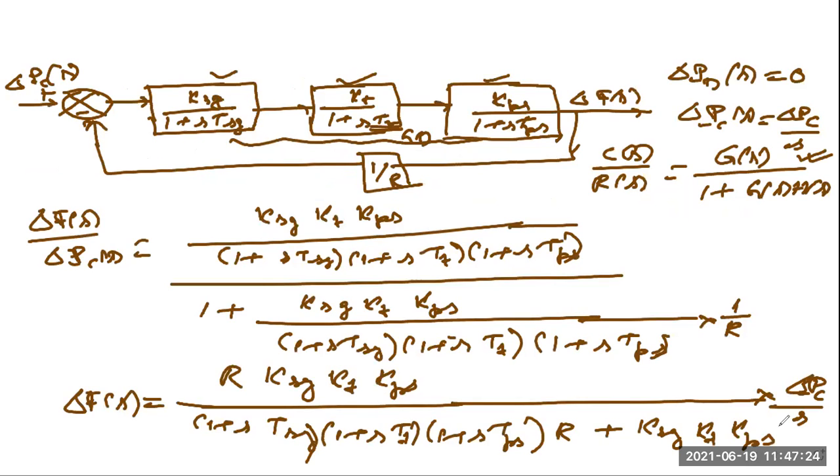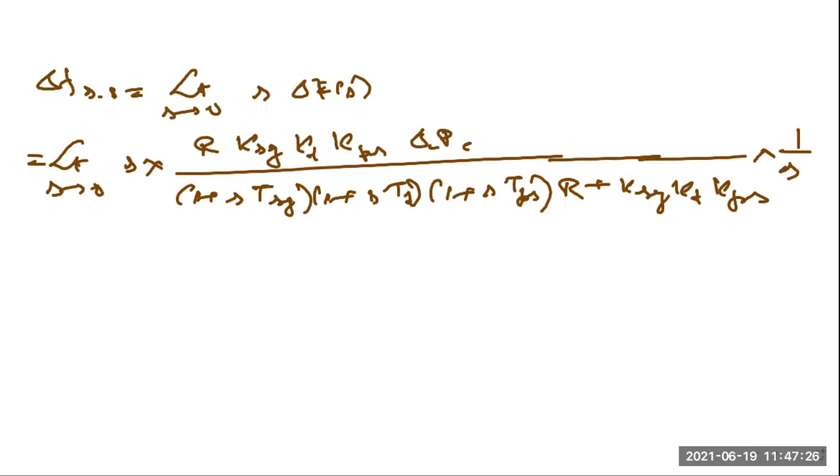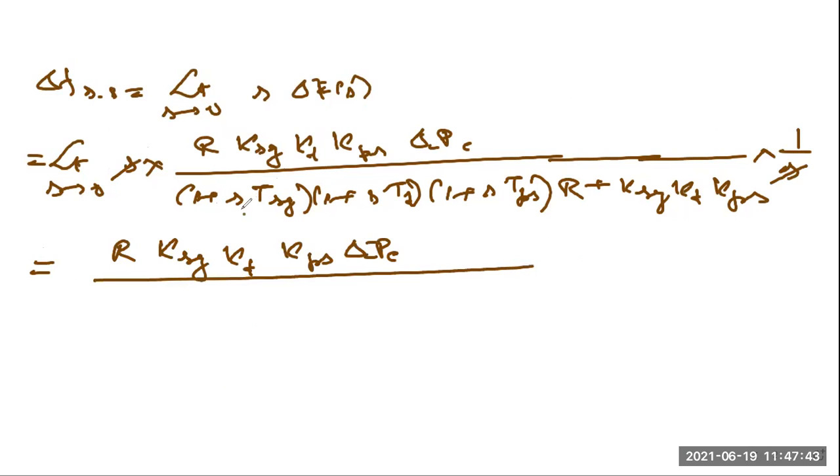Yes. So this S and this S will cancel. This S and this S will cancel. Now we'll substitute the limit. So what will happen? This will be R into KSG KT KPS into delta PC divided by, this is 0, this is 0, and this is 0. So this is R plus